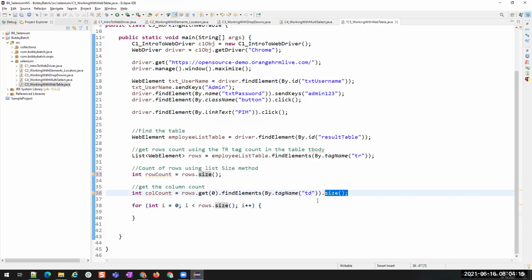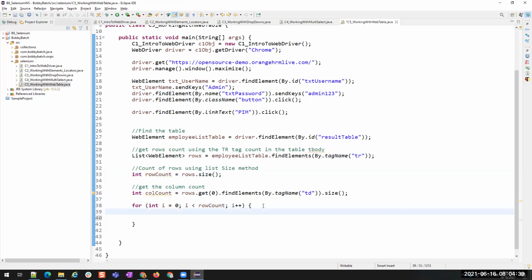I can apply this size directly to this line. So here, what am I doing? My rows are present inside this list. But if I want to get a particular element from the list, we have to use its index, right? I'm getting the first row, and on the first row I'm finding the column count. Okay, this is the column count. Here I have the row count, so I'm using this row count here.